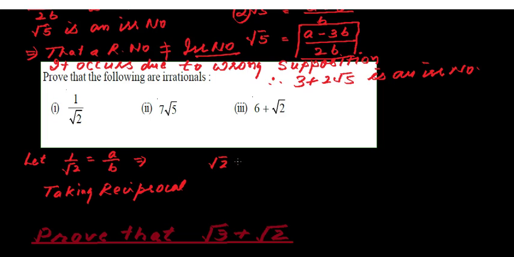√2 will be equal to b by a. Here you should write one more condition, that a should not be equal to 0. Now b and a are integers and a is not equal to 0. This is the form of a rational number. Here b upon a is a rational number,